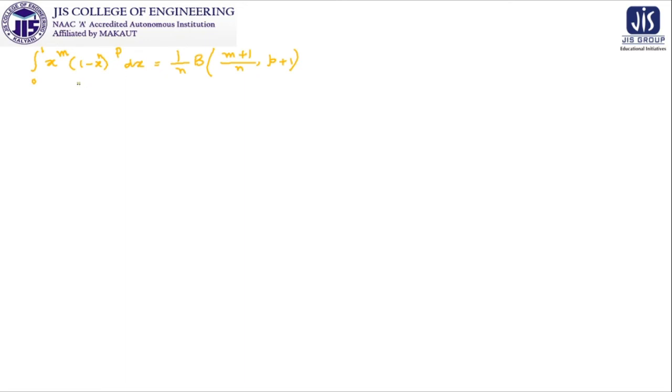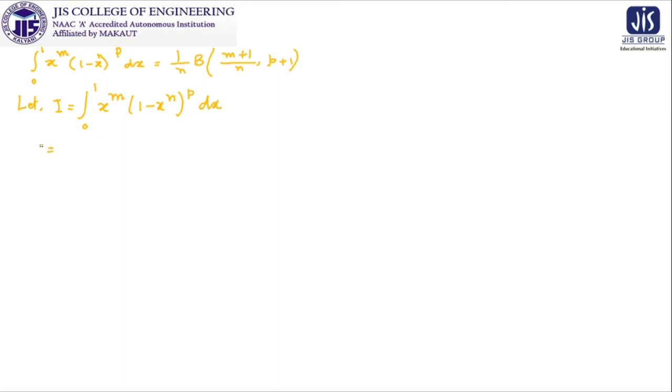So it is not a tough problem. First of all, we have to believe that it is not a tough problem. We can solve it with the help of basic integration concepts as well as the properties. So what is the process we are starting? We take the integration from 0 to 1 of x to the power m into 1 minus x to the power n, whole to the power p, dx. This is taken as I.